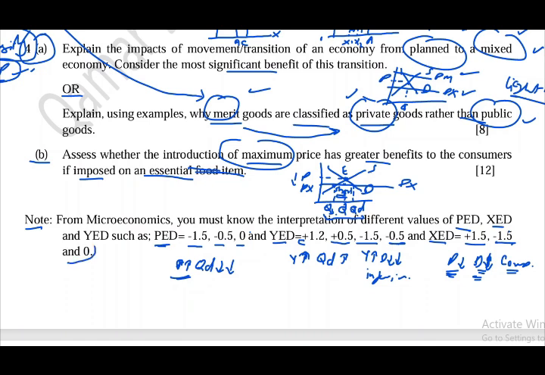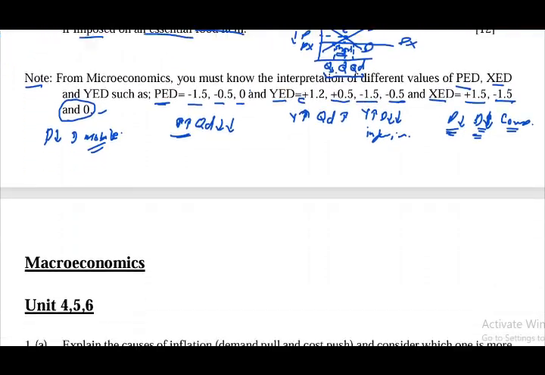When cross elasticity of demand is 0, it means they are unrelated goods. Unrelated goods mean they don't have any kind of connection between each other. For example, if there is a fall in price of Coke, then what will happen to the demand for mobile phones? Okay? There will be no change or impact in the demand for mobile phones, because Coke and mobile phones don't have any kind of connection with each other. So cross elasticity of demand will be 0.